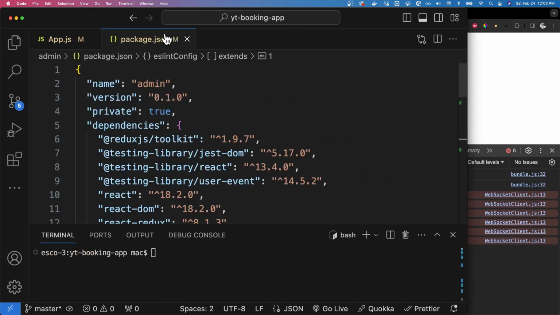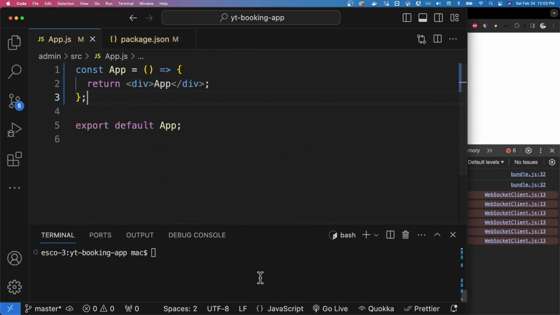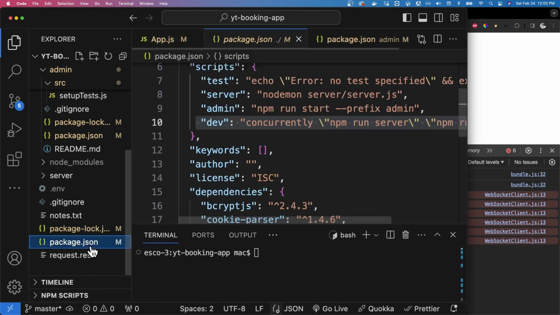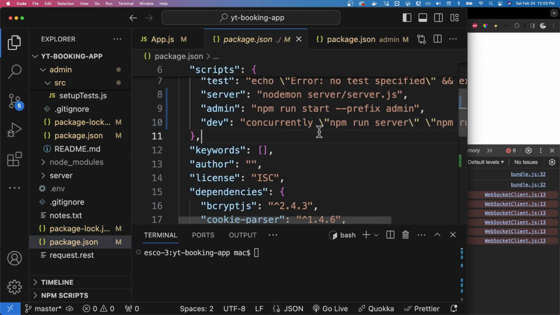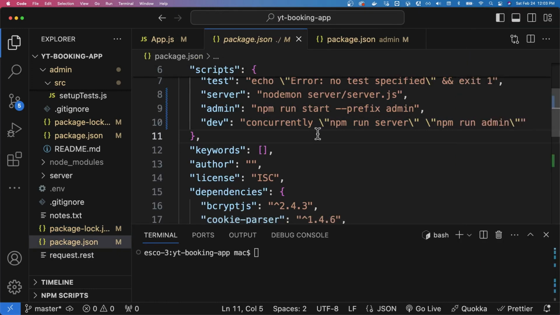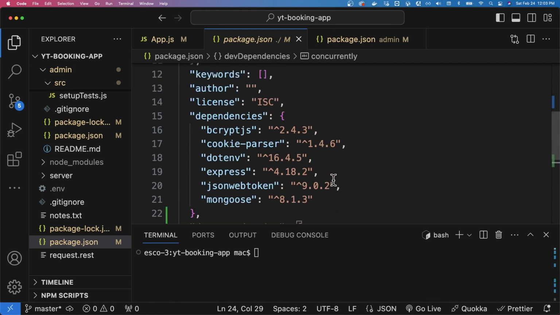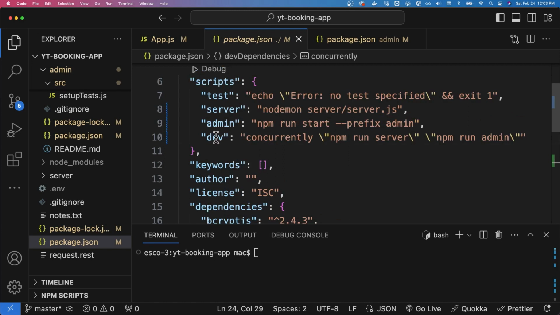Okay, all right. So now what I've also done is to install concurrently in our main root folder, which is this concurrently, which is a dev dependency, which will allow us to run both our backend and then front end service. So with that, we define our script in here by saying concurrently npm run our server, which